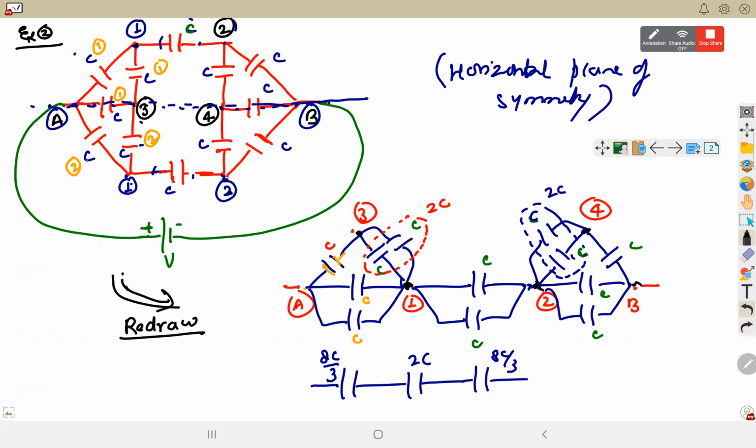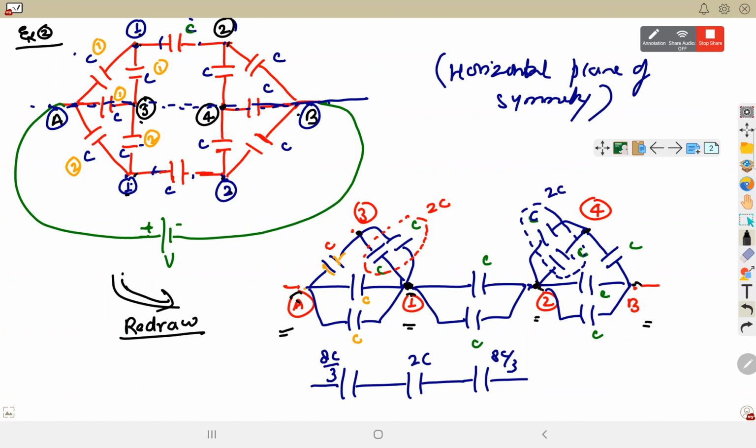See, A is connected to 1, and then 1 is connected to 2. So we should choose 1 between A and 2. You are asking the logic, how do we place these points? Yes sir. Actually I didn't notice initially that 3 is connected only to 1, on both sides. So it's better that 3 should be taken between A and 1 symmetrically in a separate path. Similarly here, 4 is connected only to 2 and B. So you take 2 and B and 4 should be somewhere in between.